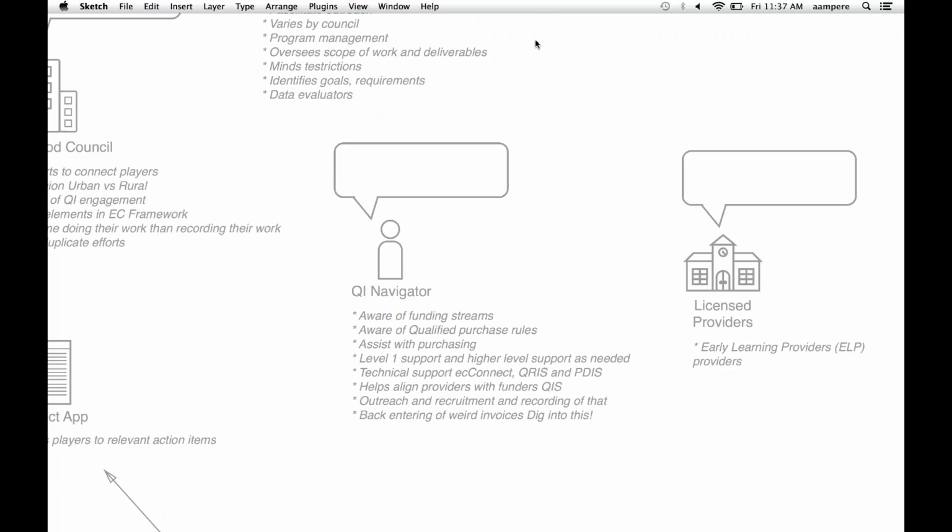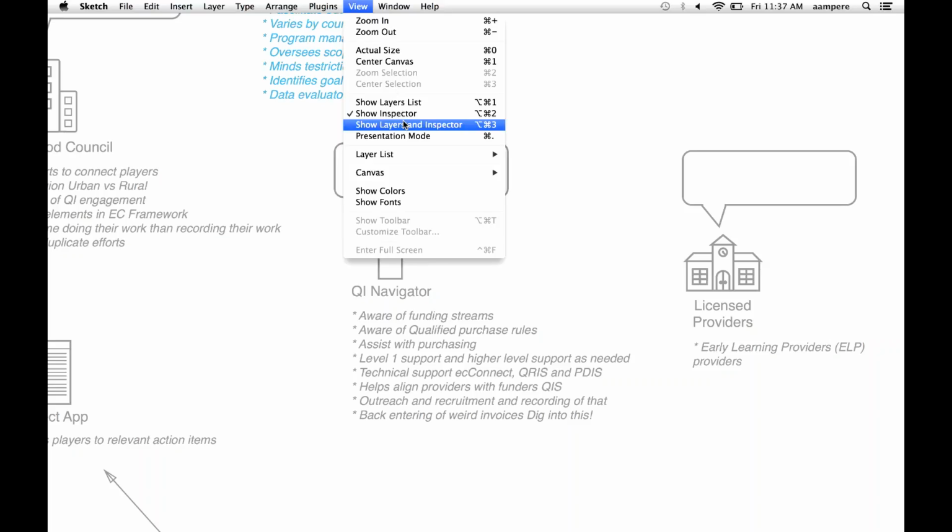Yeah, I think that's pretty universal, that the navigator is generally that main point of contact, or no? No? Coach is the main point of contact? But we have internal coaches. Yeah, I think that really is council dependent.